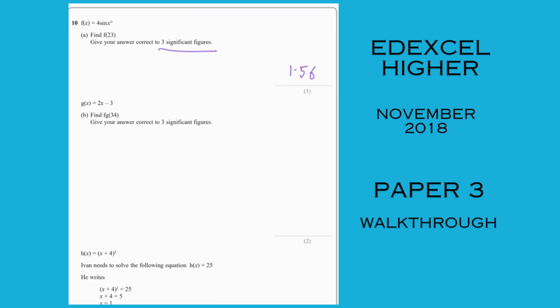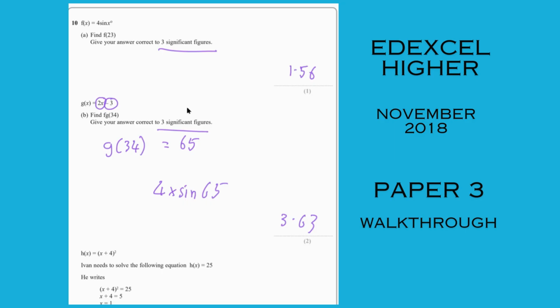Quite a strange one here. To find the f of g, do the g of 34 first. In other words, double it and subtract 3. I get 65. And we're now sticking 65 into the equation above, into f. So we need to do 4 lots of sine 65. And again, rounding off appropriately,